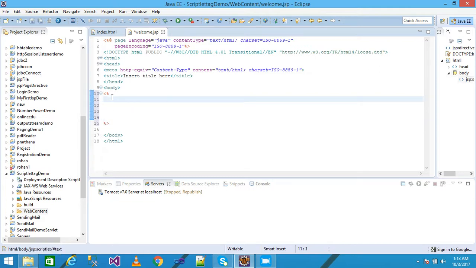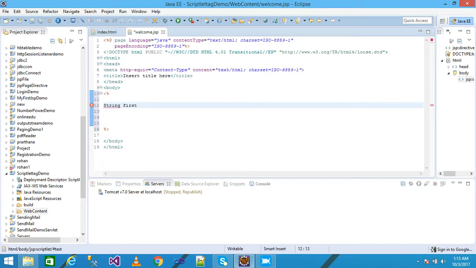Okay, and here I simply declare a variable, String first equal to request.getParameter, and just pass first. Okay, and copy it and paste here. I just pass as the argument second, and change the variable name to second. Okay,